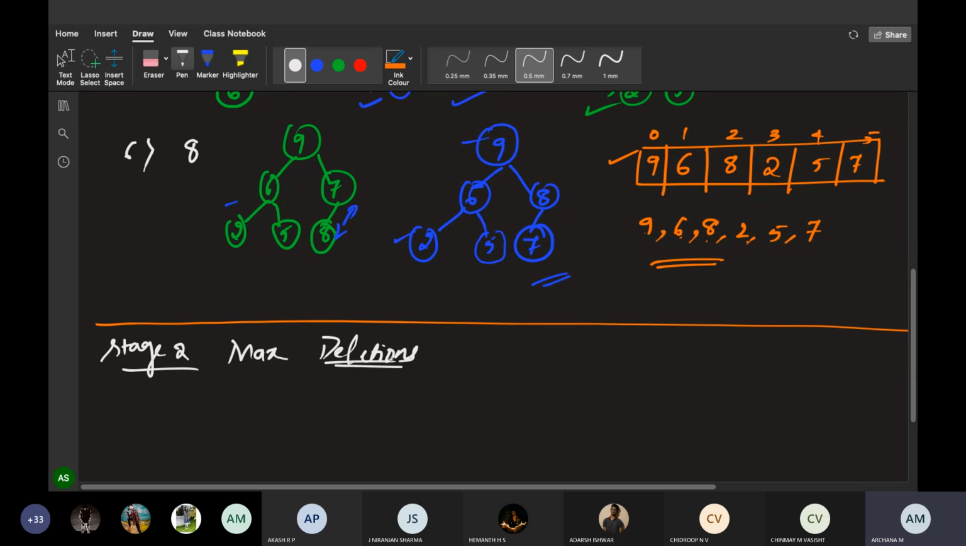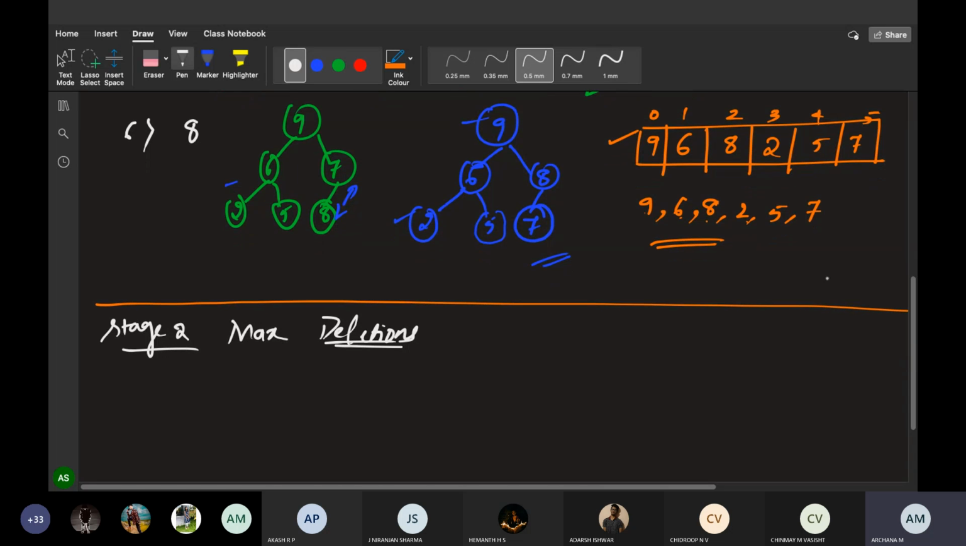Once you keep on deleting the elements, then only you will get this in the form of sorted order. Now to delete, what we have to do? We have to take this tree, whichever you have constructed last, which tree you got, that you have to take. So 9, 6, 8, 7, 2, and 5. You have to take this last tree, whichever you got, and you have to